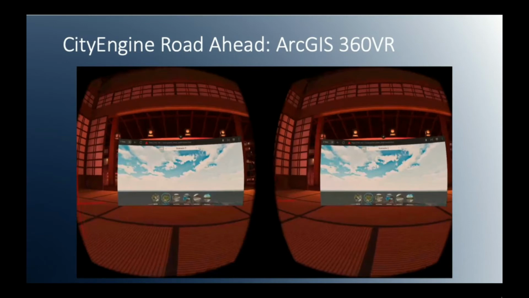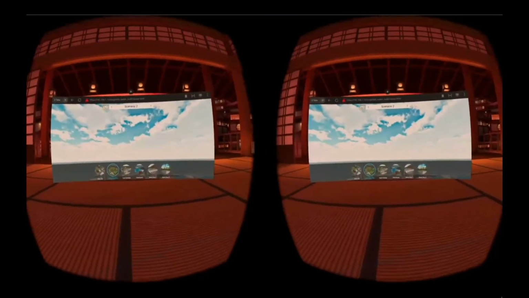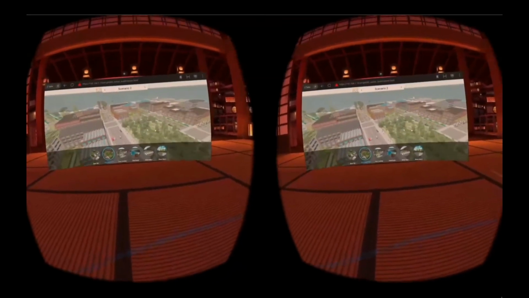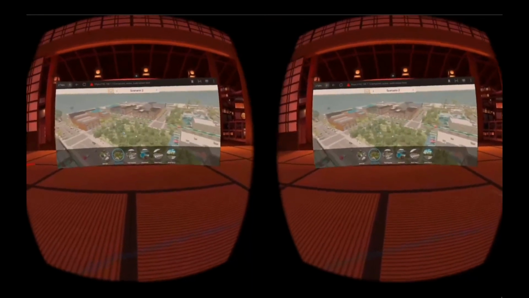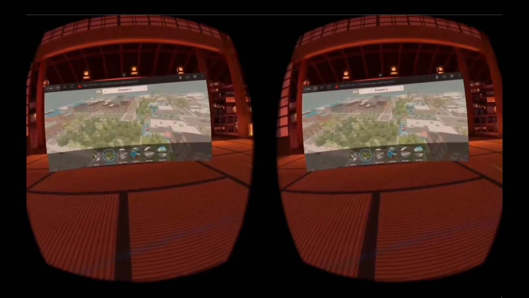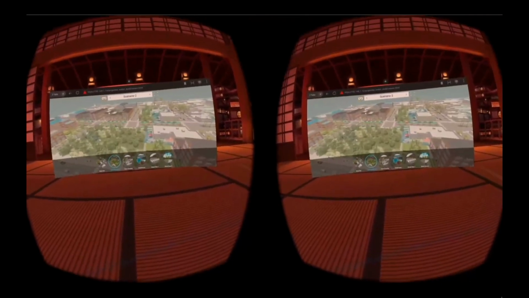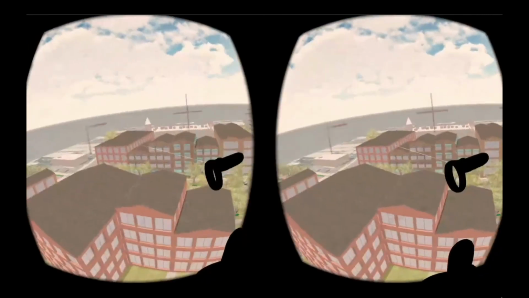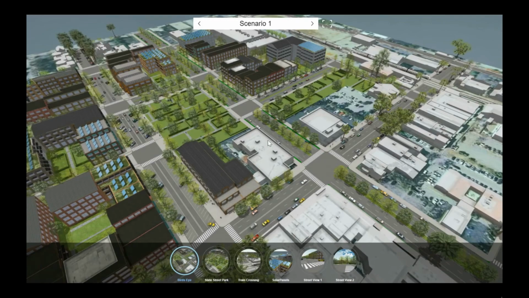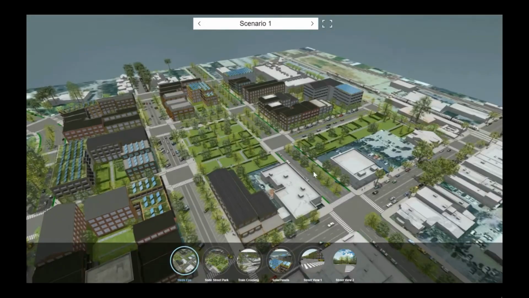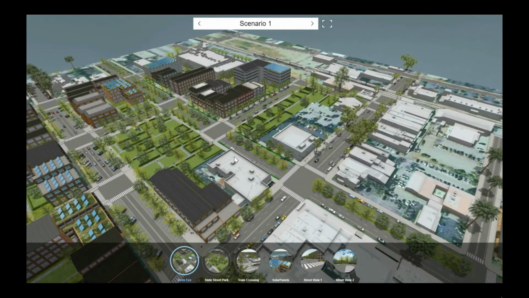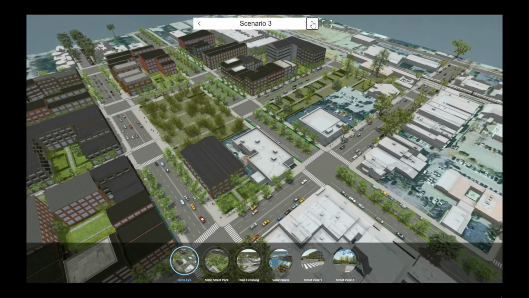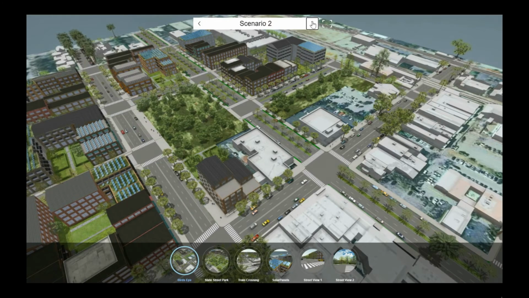And then there's ArcGIS 360 VR. So some of you might be familiar with it already, but we're essentially reviving the 360 VR app as a web application using WebXR. This means it will be much more accessible in all VR headsets, like, for example, the new Oculus Quest 2. And it also means that it'll work in the browser on the desktop or in the browser on the phone. So you can see here, this is the browser directly inside the headset.